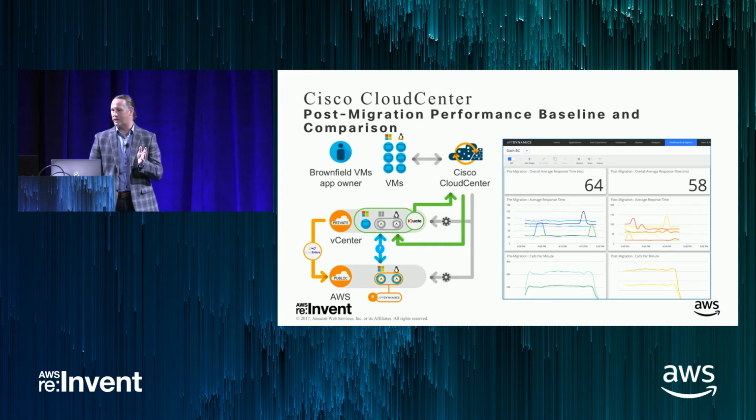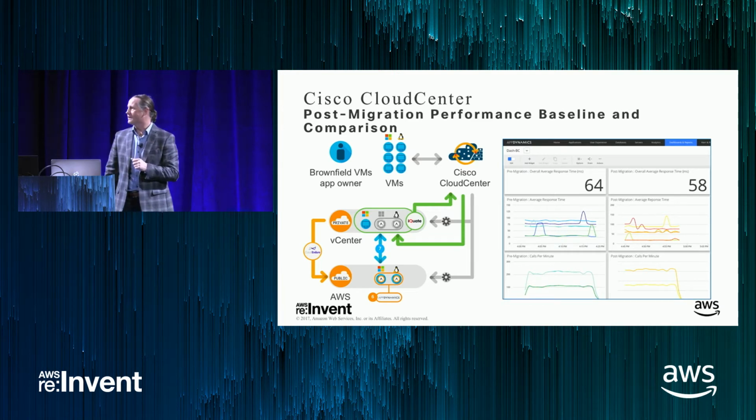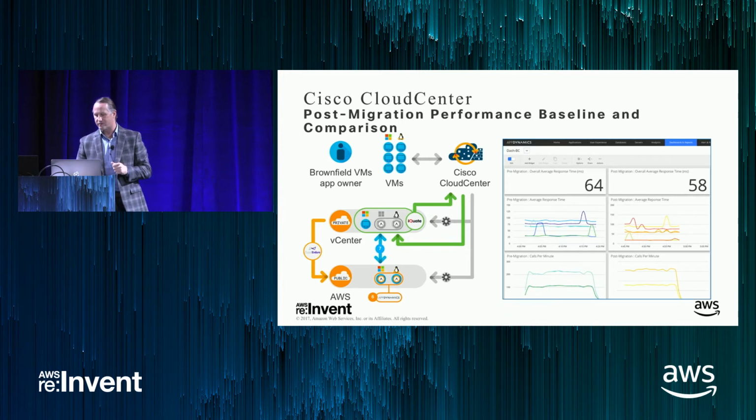We saw what it ran like before, 64 milliseconds overall response time. Now we see 58. So it's the same or better than where it was before, and you see the graphs are there. Now I'm using a lab environment, and I moved to AWS, so we're seeing what I would expect. I have an environment that's underpowered, older hardware. I moved it out to AWS. That's a production-grade environment, newer technology. I should see better performance. I got the benefit I wanted, and it's provable.